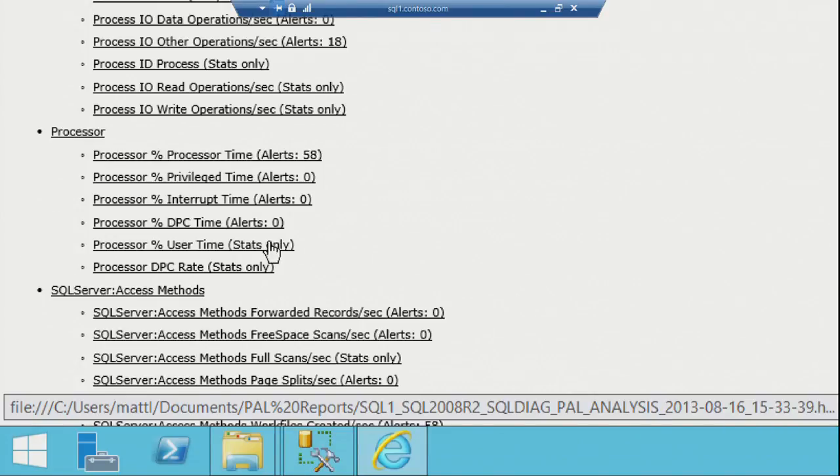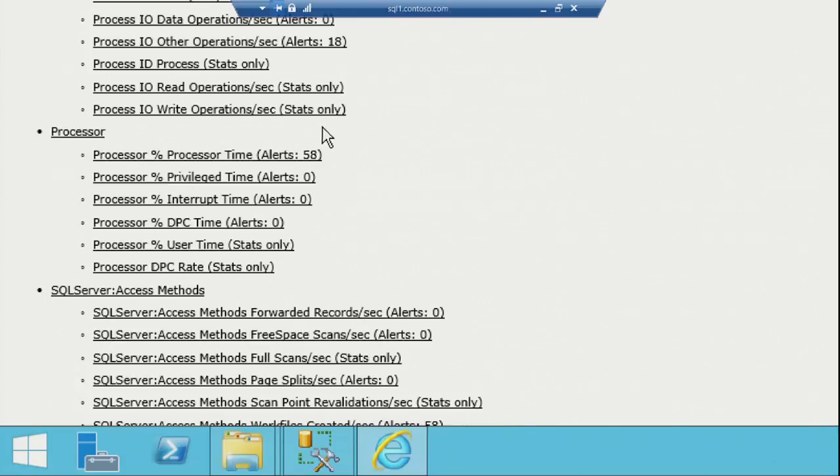But one thing I'll draw your attention to is that up there you'll see it actually has an alert, 58, next to my processor time. This has come from that threshold file that I picked when I went through. And if I go into that list now,